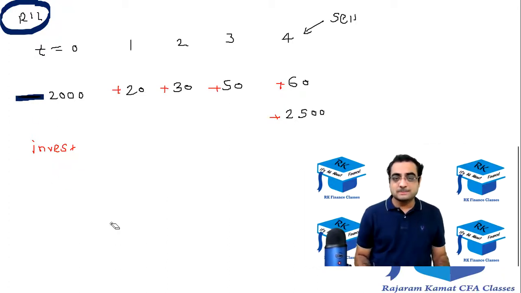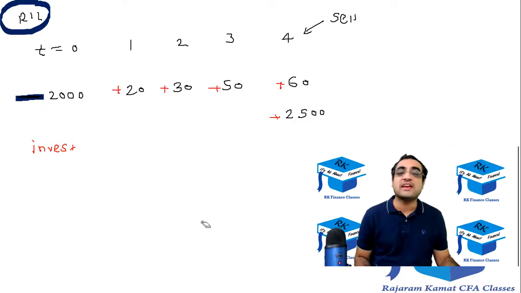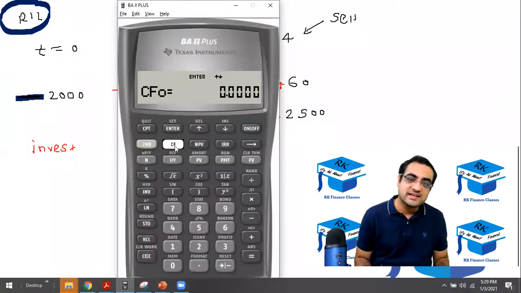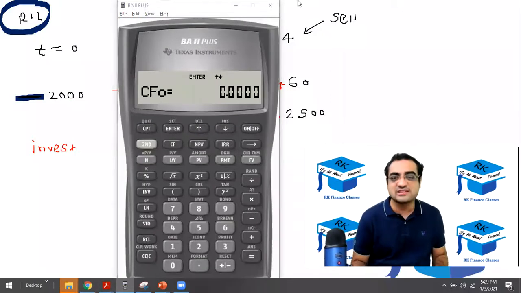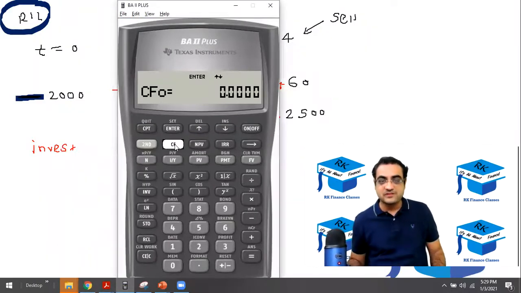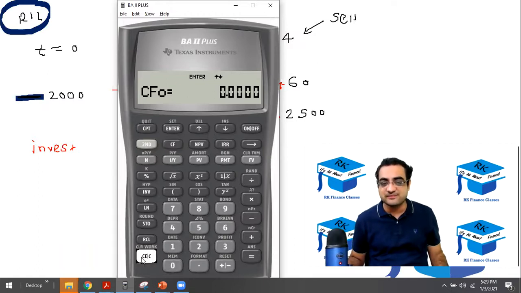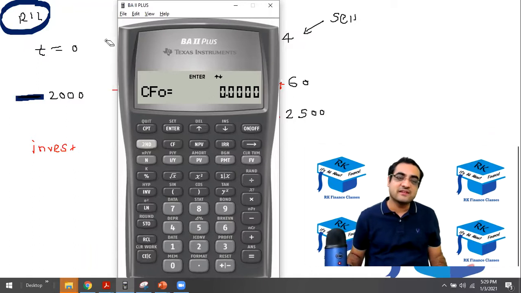All right. Any doubts till here? No doubts? Good, Jitin, you guessed it right. It's going to be, we have to do it with the help of a CF function. So over here, we'll be using the CF function. So everyone please press CF. I repeat, everyone please press CF and then press the traditional thing that you know to clear the memory of the calculator. Press second and CEC. After you press CF, you have to press second and CEC.